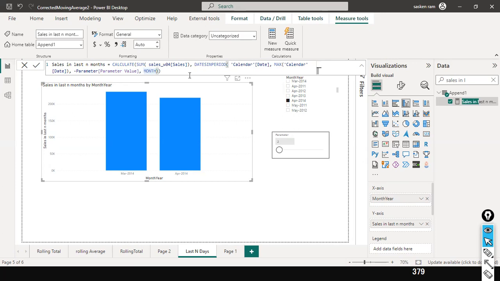And here the dates in period will return whatever value you see, 2, right? The 2 will get copied here, -2. Last 2 months sales value will get calculated and then it will get displayed here, right? So this measure will give the last 2 months sales value, total sales. And in the x-axis, we plotted this one. That's all. So to quickly summarize,